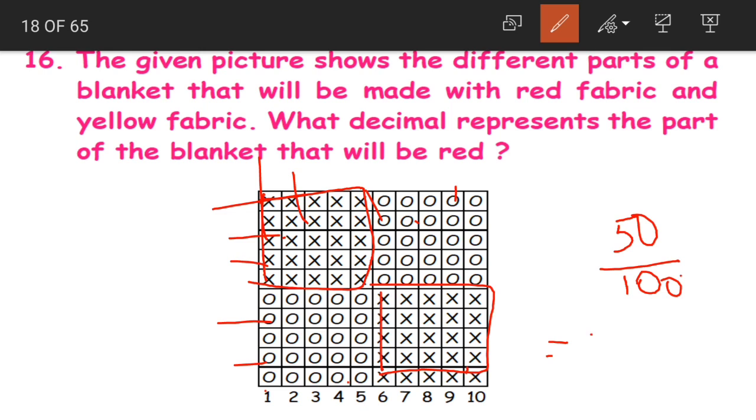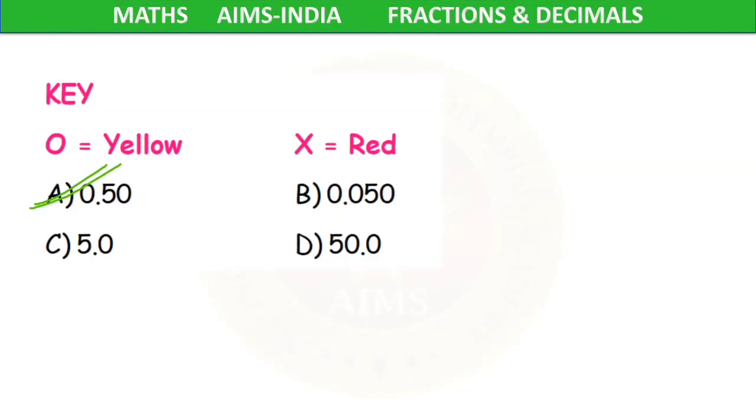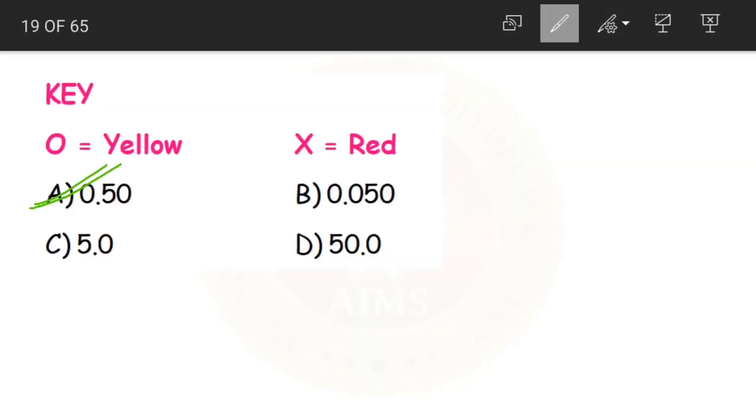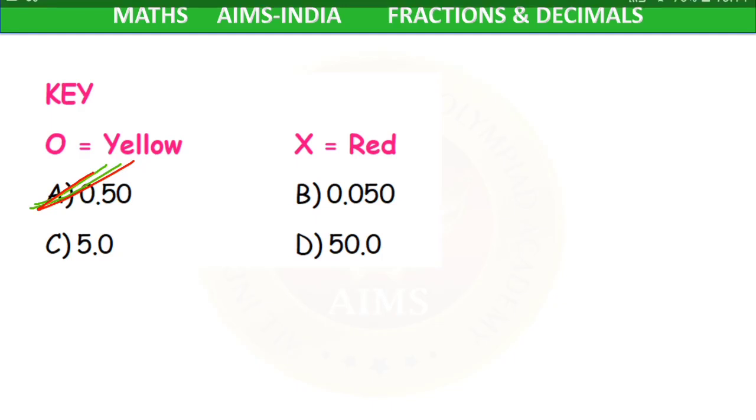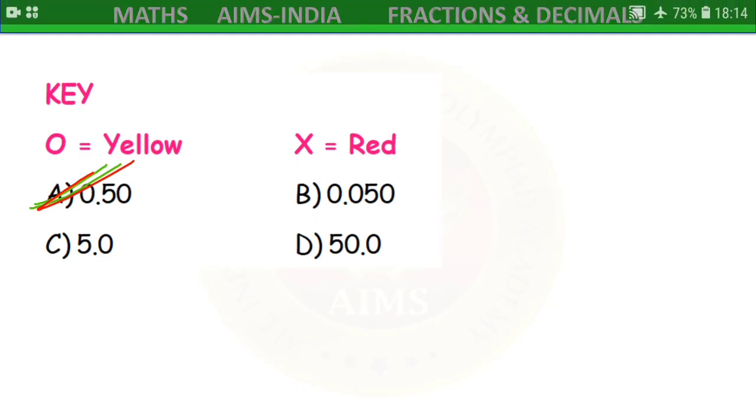Now how will it be represented in decimal number? 0.50. It's having 2 zeros. So we place the decimal point after 2 digits from the right. Yes children, 0.50 is our answer. I hope this is clear, right? Option C 0.50 is our answer. And with this